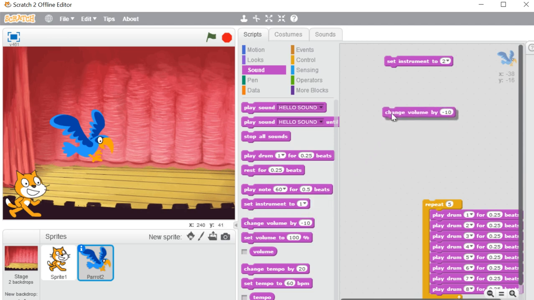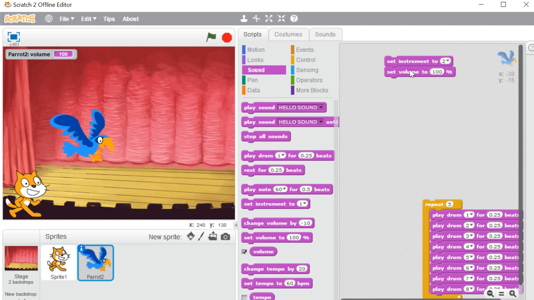And here the next we have, if you want you can change the volume. Okay, at any point of time you can change it repeatedly, and set the volume option is also available here. So whenever you want to set the volume, you can attach it after another block. We have volume option also. Report block is there, so whenever you want that volume will be visible on the screen,